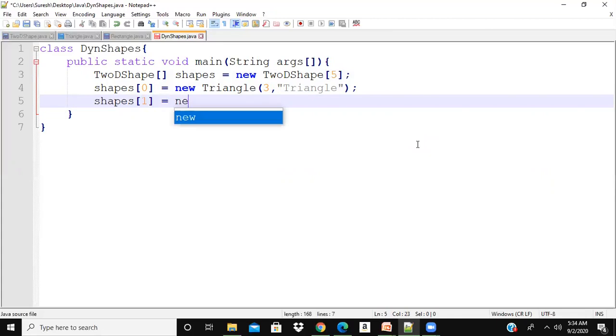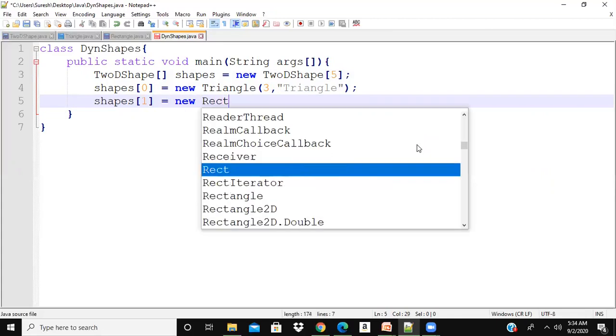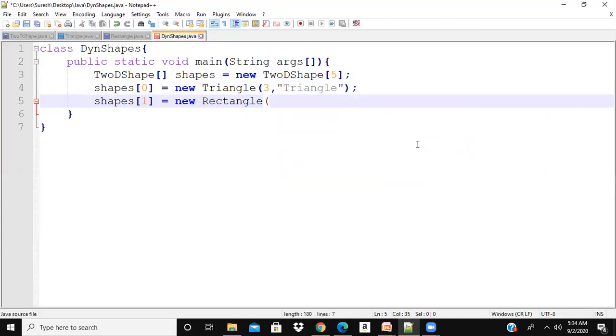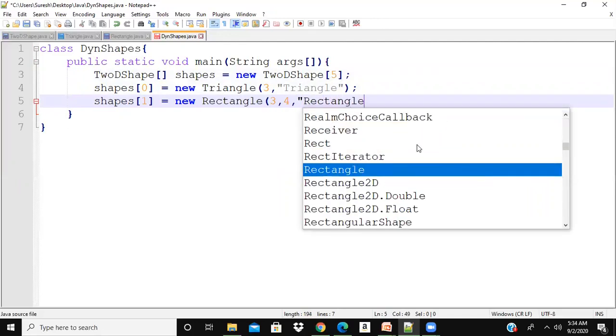shapes[1] is equal to new Rectangle 3 4.